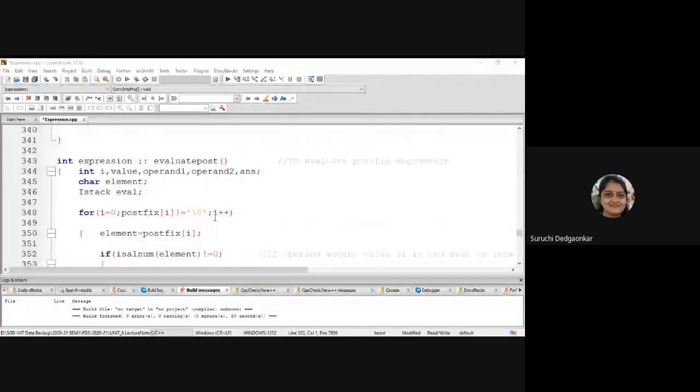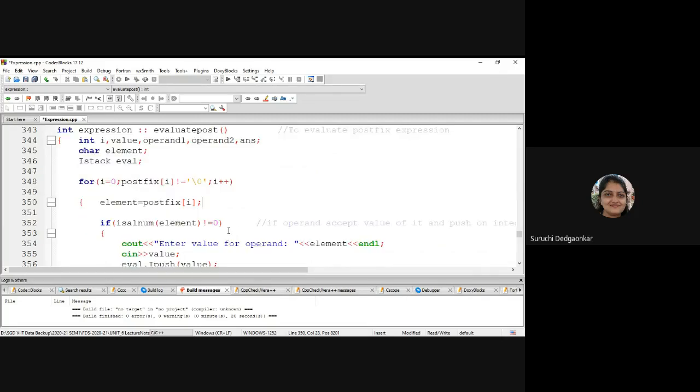We'll see the code of this. So there are two conditions now. We are accessing the postfix expression from left to right, that is from index 0 until postfix of I is not slash 0. And the current character is called element. Element is equal to postfix of I, and we are checking what type of element it is, whether it is an operand or an operator.